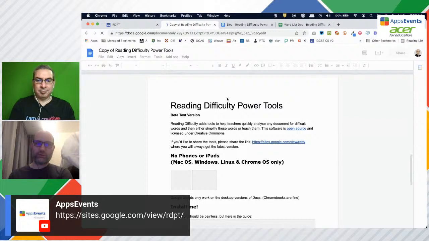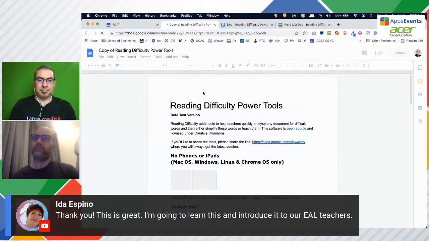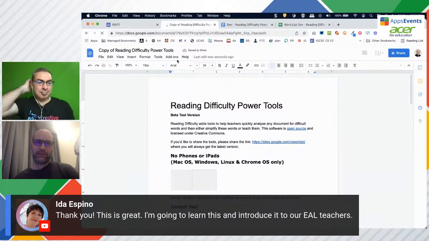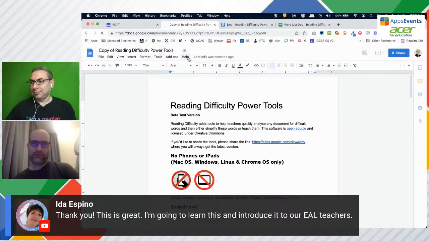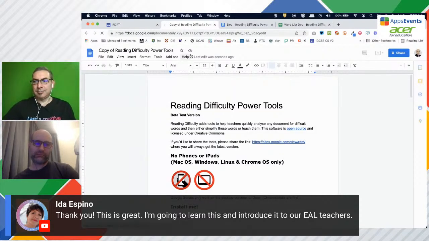Okay, so this is the tool, and it does take a few seconds for it to load. But really what I'm saying, for the younger students, this should be more about the specific vocabulary that we're teaching. Now, give it a second or two. Google is in a bit of a slow mood. I think trying to put video out at the same time is a bit too much. But along here, a menu should appear very shortly. All of the instructions are on the website, including a video tutorial or two. Okay, so a menu will appear where the help button is right now.